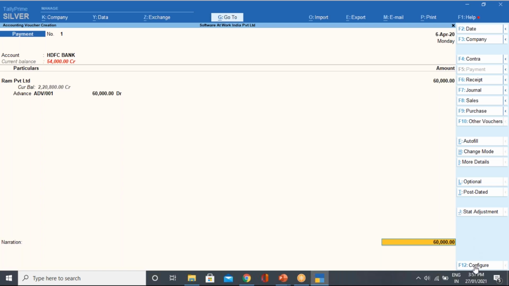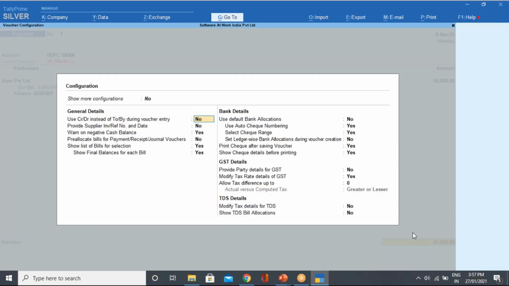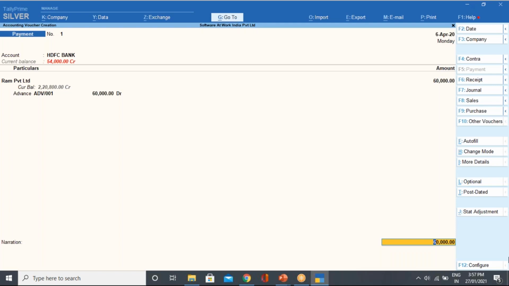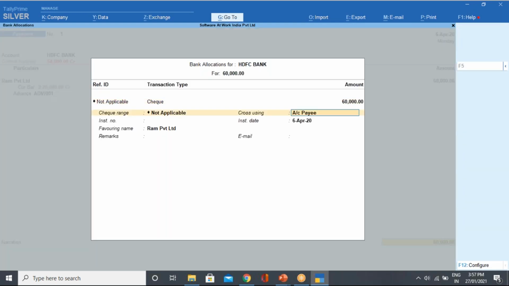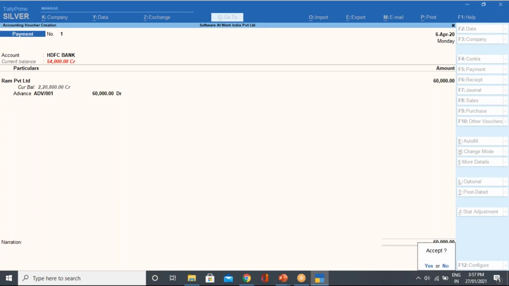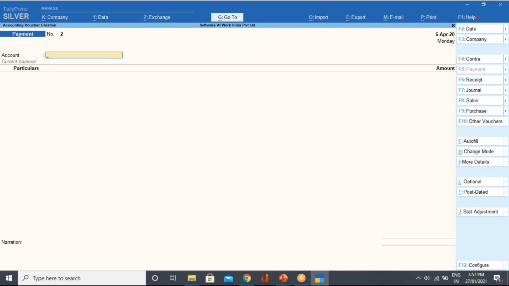I can click on the F12 configuration button, and here I will have a button, modify tax details for TDS. Just mention yes to both these options. Come here again, HDFC Bank, enter and accept this one.